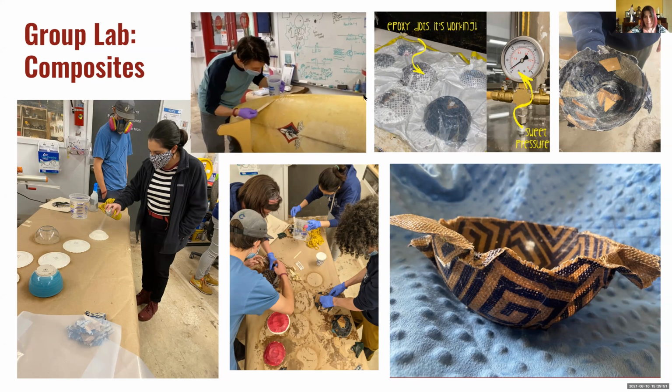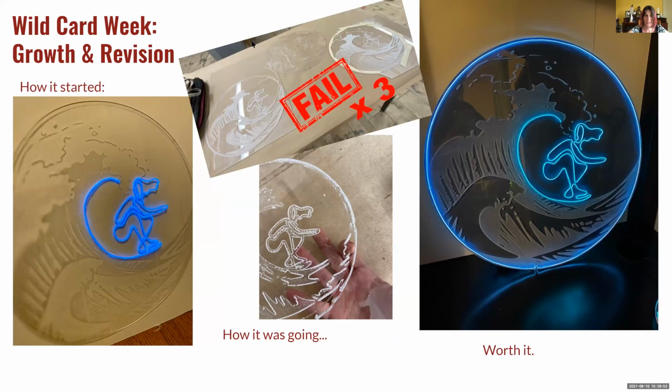Going on to the next slide, another thing that we threw in there is we had a couple of wildcard weeks. And these were really nice to have. They came between sessions and they gave us a break to catch up if we were behind on some projects or had some things going on in life, as we all have full-time lives going on. It gave us some opportunities to get caught up,